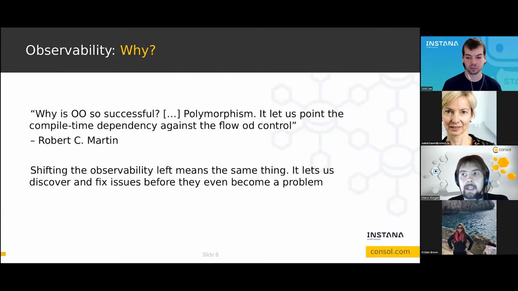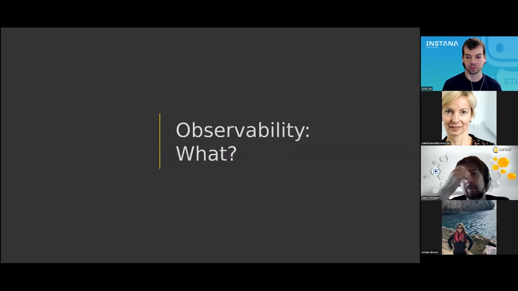By shifting left our observability, we are shifting against the flow of our application in its life cycle and pushing it earlier. So we can see our problems arising earlier, we can address them, we can fix them, and they don't become problems that we are facing in production. So I think this should cover the part of why we want to observe.